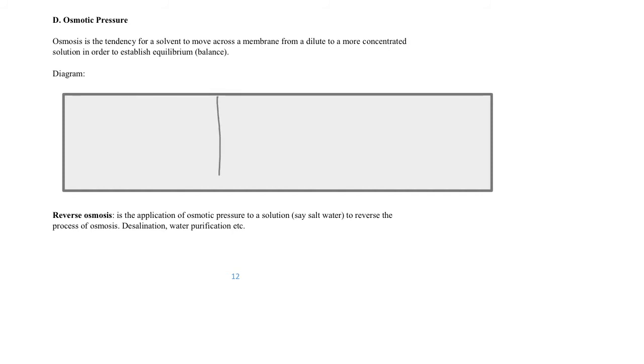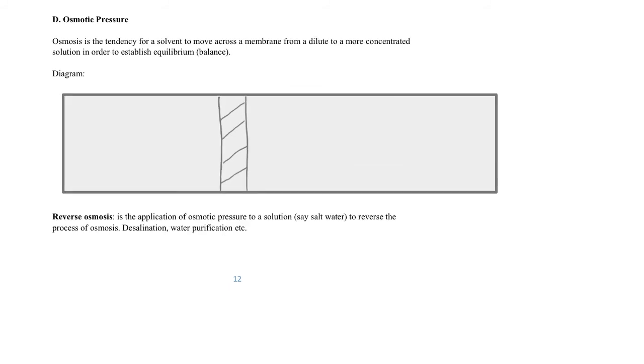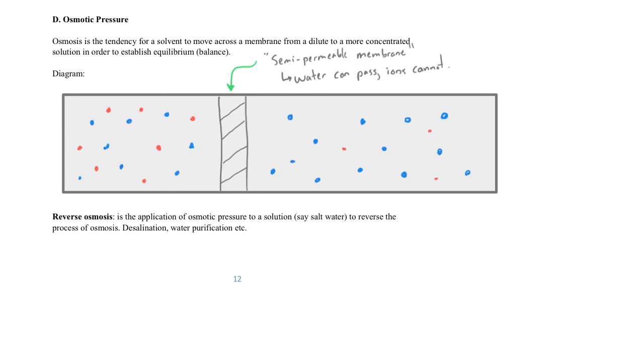Now, this thing that I'm calling a membrane is a type of material that allows certain types of molecules with certain properties to pass through it where others cannot. And lots of different examples of semi-permeable membranes can be found. So for example, a plastic bag is actually a semi-permeable membrane. The type of material it's made out of is a lot like the semi-permeable membrane that I'm showing you here. The semi-permeable membrane that I want to show you is one that allows water to pass through,